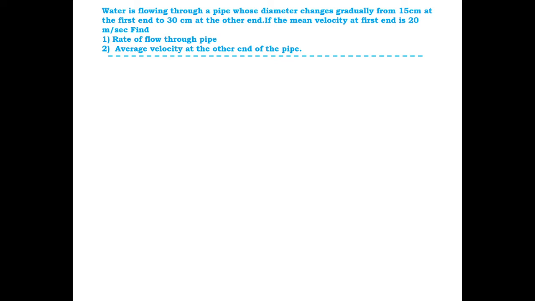Water is flowing through a pipe whose diameter changes gradually from 15 centimeter at the first end to 30 centimeter at the other end. The mean velocity at the first end is 20 meters per second. Find rate of flow through a pipe. Second one is average velocity at the other end of the pipe. So for this, what we have to do,